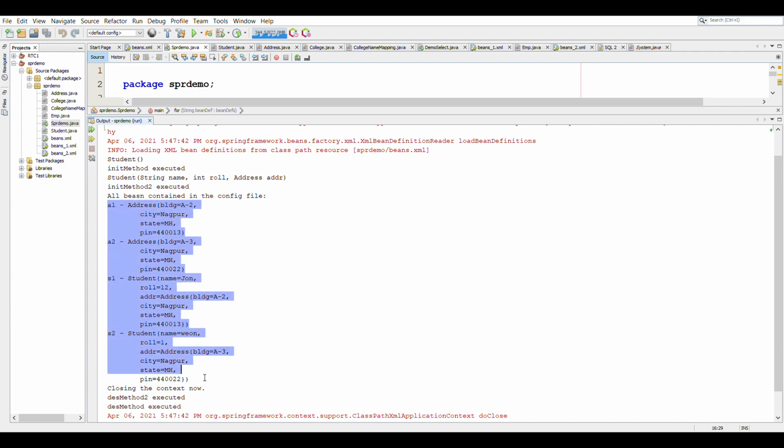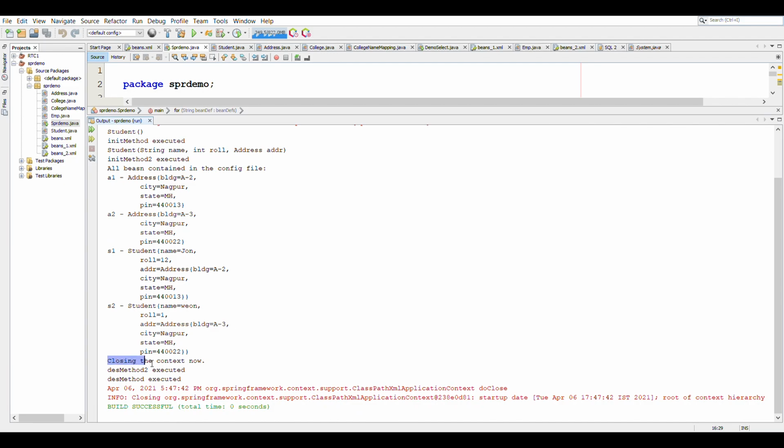After that, we are just printing the bean. So here we can call any methods which belong to the bean. So let's say a student has some method like calculate CGPA or calculate average. So we can call all those methods here in between. And after we are done with using the bean, when we close the context, the beans will be removed. But before the beans are removed, the destroy method will be called. And so here, as you can see, the destroy methods have been called, and then the beans have been removed.